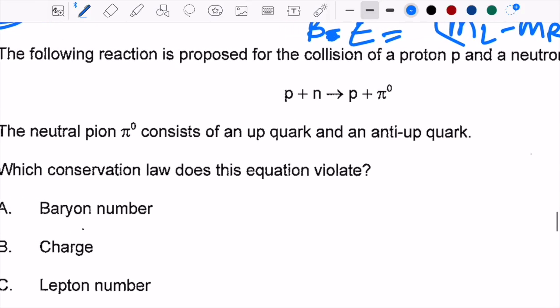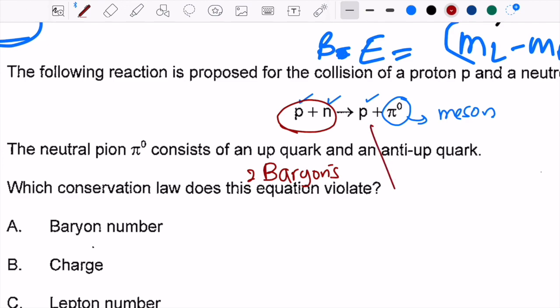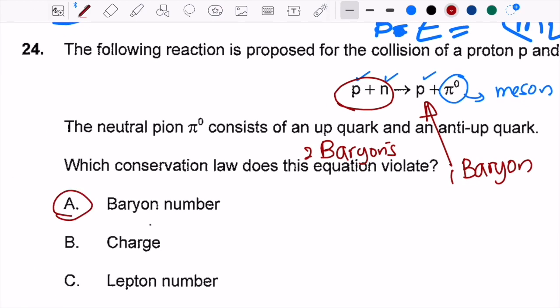Let's look at this nuclear reaction. A proton changes into a neutron, and this is a pion, or a meson. Obviously we should see there are two baryons, and on this side only the proton is a baryon, so there's only one baryon. So this reaction violates baryon number conservation. If you think about charge, we don't need to check these things, but charge,